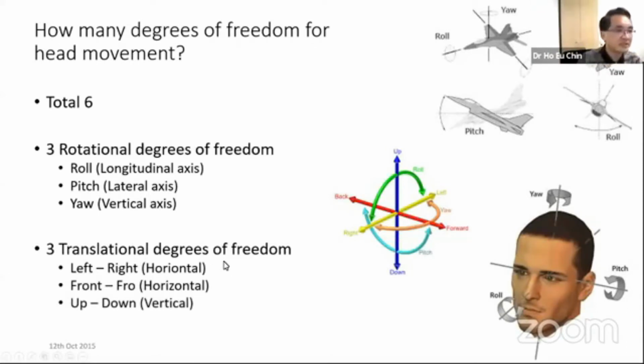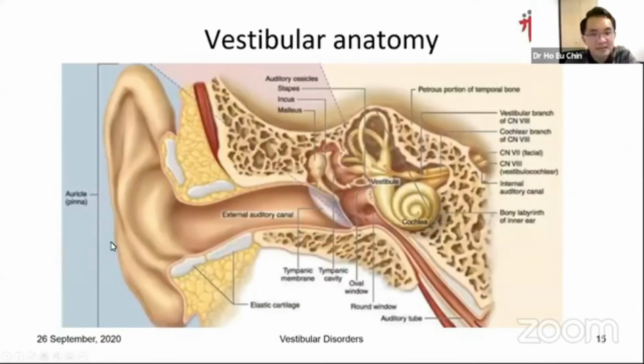And translational is easier to understand: left, right, front and back, and up and down. Okay. Now, the reason why I wanted to highlight this is to let you understand why the balance organ is actually quite a sophisticated